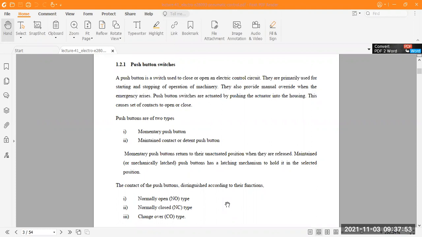That means using this push button switch you can operate two modes: the close operation and the open operation in electric control systems. They are primarily used for starting and stopping the operation of machinery. They also provide manual override when an emergency arises, and they also work in the setting of automatic control systems.